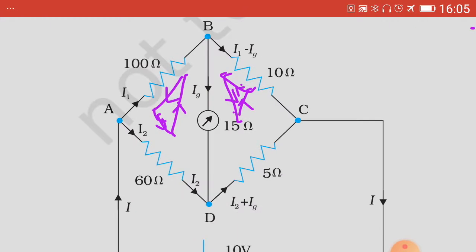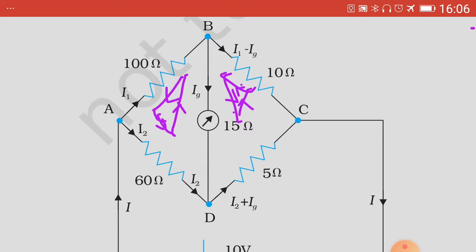Say traveling from point B to A, that is we consider the loop BADB along anti-clockwise direction as our path of journey. So going from B to A, the purple arrow and the black arrow both are in the opposite direction, so there will be plus sign,